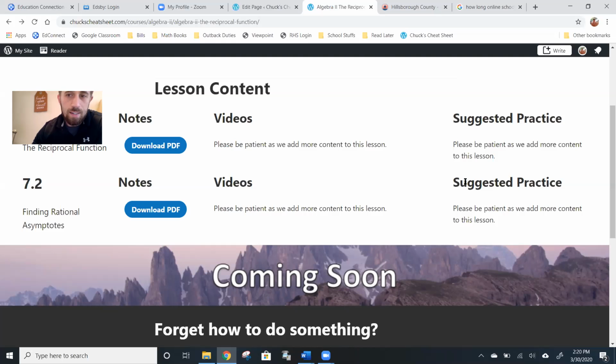The suggested practice over on the side is going to be where I add what we would normally consider homework problems. This is not going to be required due to logistical issues. I'm not going to have the time nor the sanity to sift through 140 copies of multi-shot images of student work that I may or may not be able to read. So it's not going to be required. It will be suggested because this is where the questions from the test are going to be coming from. So I would recommend that you take a look at it.